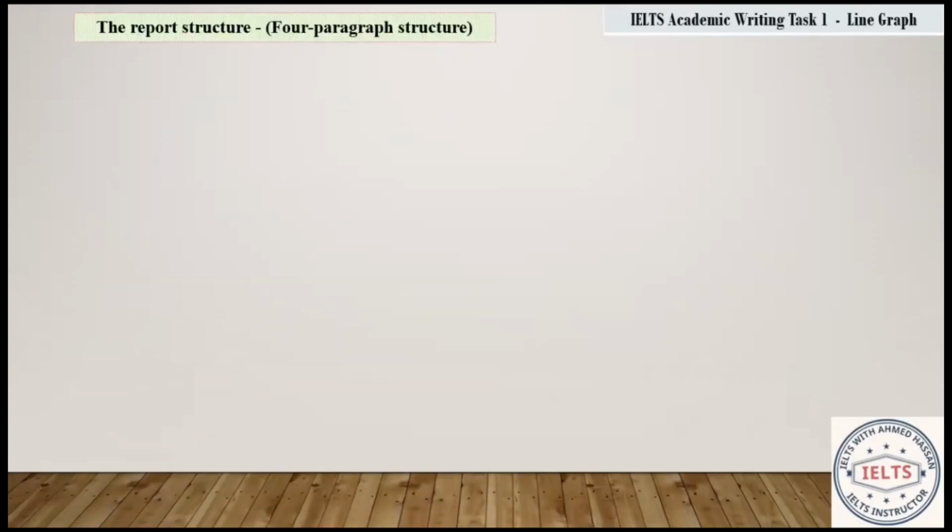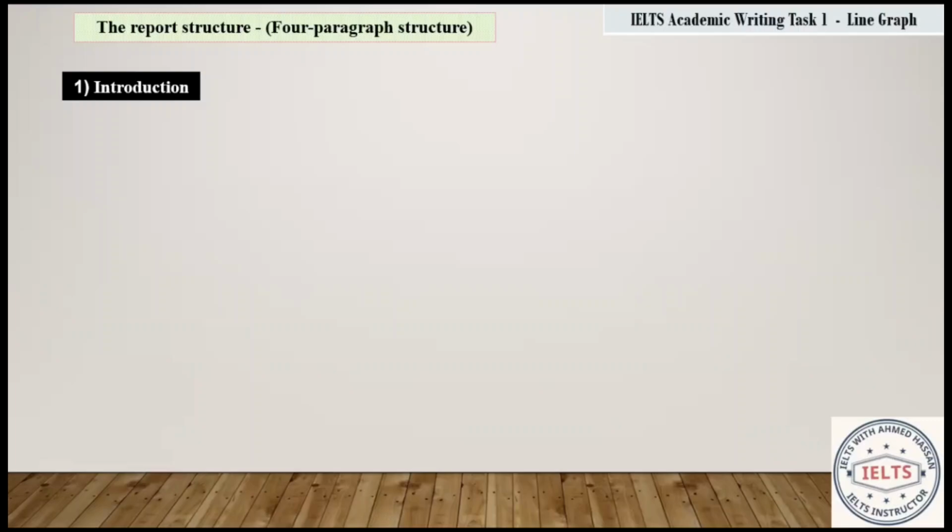How many parts do we have in IELTS Writing Task 2? Who can tell me? Four paragraphs, 4 parts. What are the parts? Firstly, introduction. Secondly, the body of the article. Third, the body of the article also. At the end, the ending paragraph. We have introduction, body paragraph 1, body paragraph 2, and